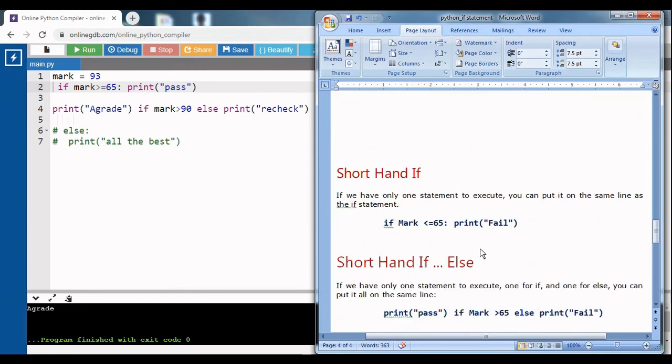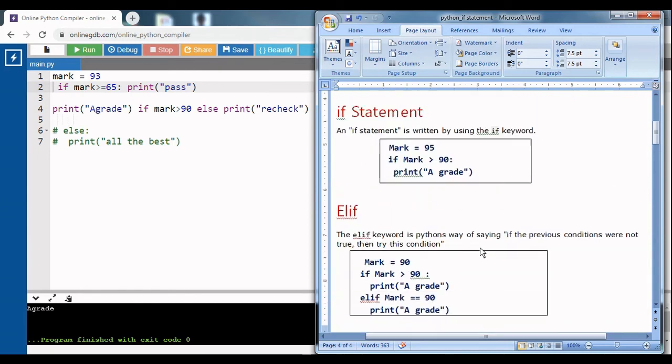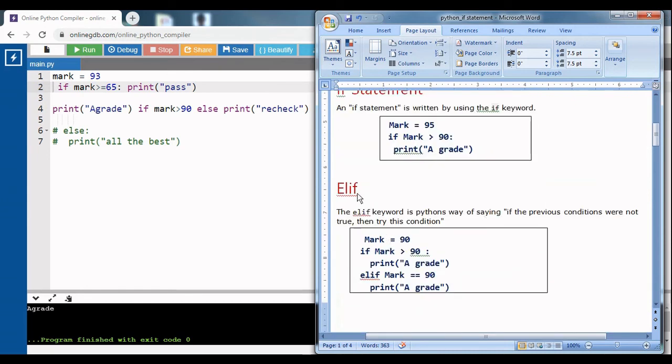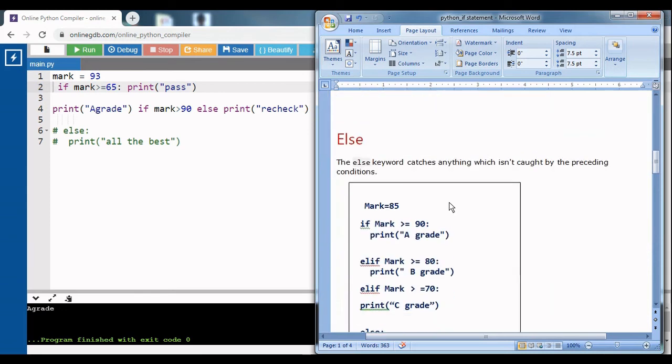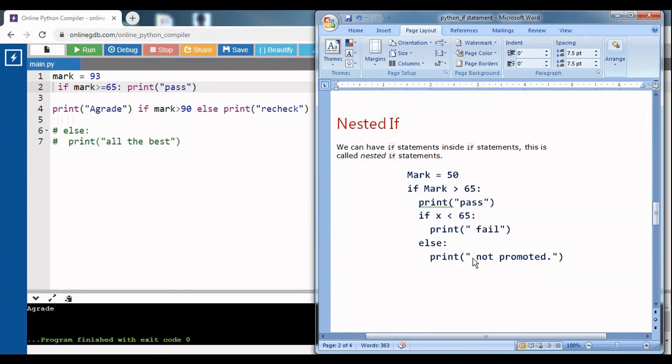So we have seen how to use the if statement and how to use elif. If there is more than one condition, we can use elif. Then if the conditions are not satisfied, we can use the else keyword to display the information. Next, we can use nested if. So it all depends upon the need of the program.